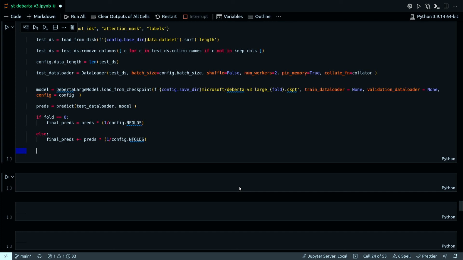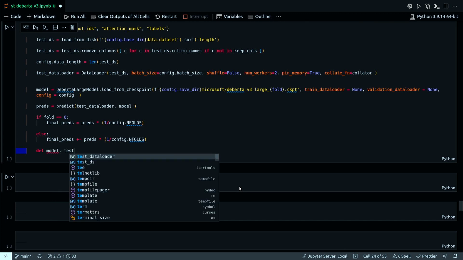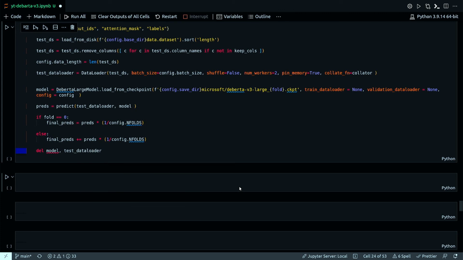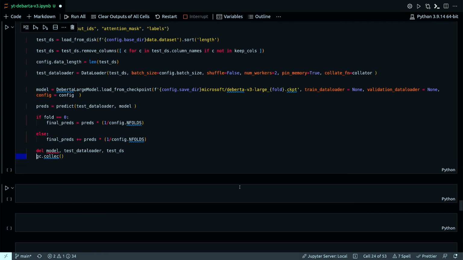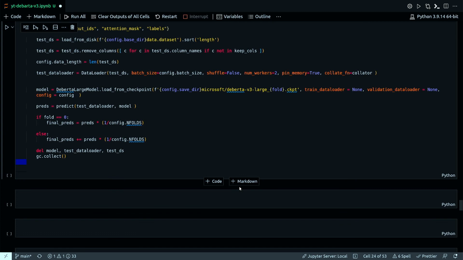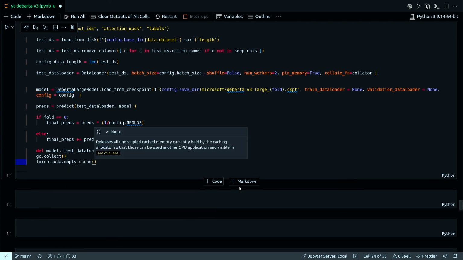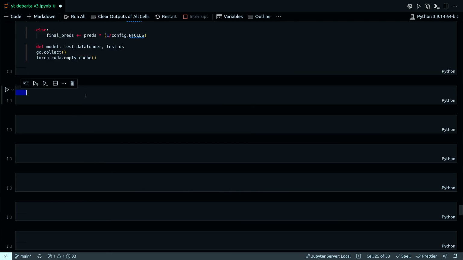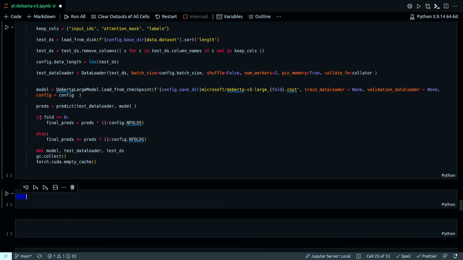Okay, and finally I can just delete some of the variables which I don't need. Model, test, data loader. Cool. So now this is my training and the final predictions from the model.